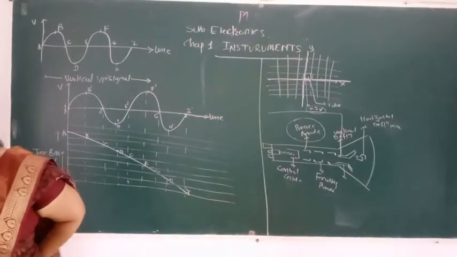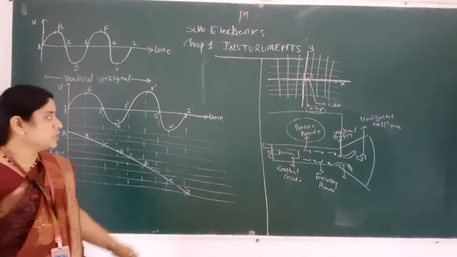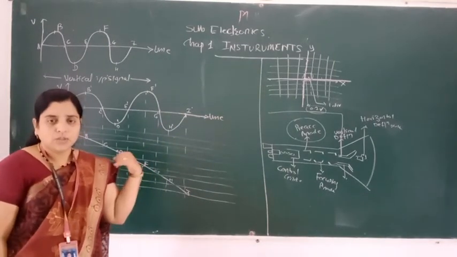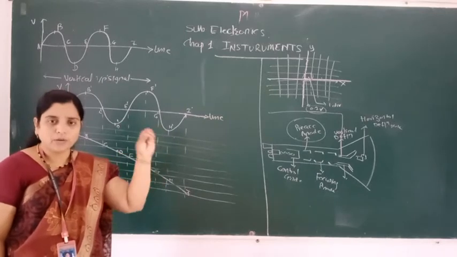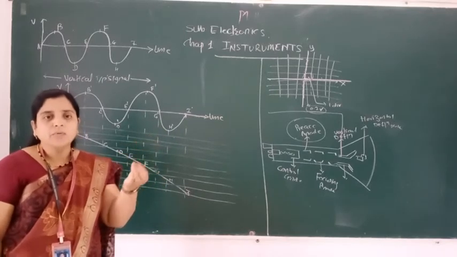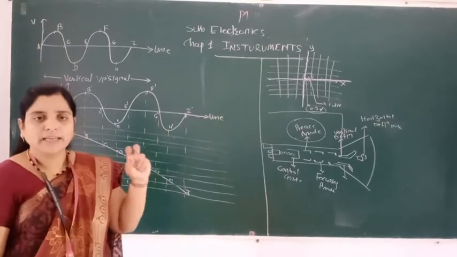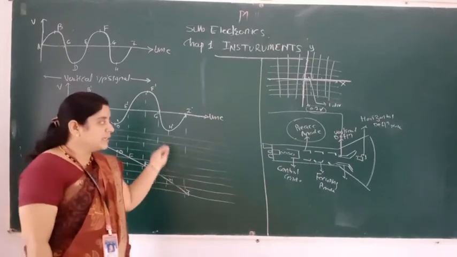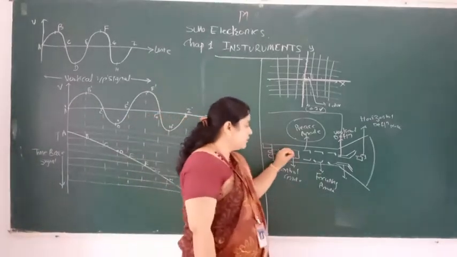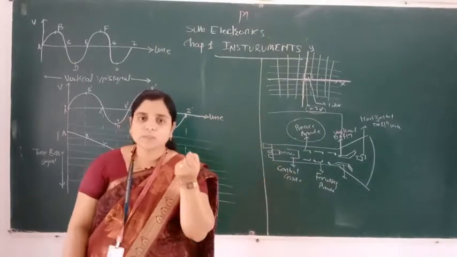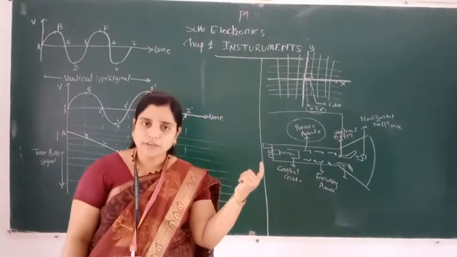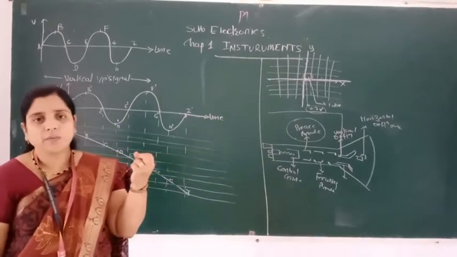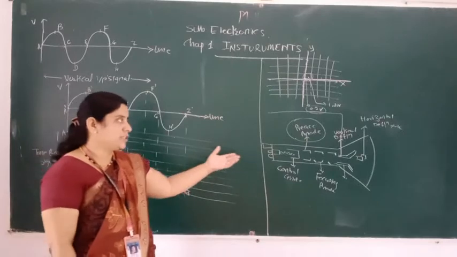Okay, so what is the resultant motion of the electron beam? If the electron is moving in the up and down direction, x and y direction, what happens? A second force is there, and because of that second force, it will move everywhere on the screen. So we can adjust those waveforms on the screen. The spot we are observing on the screen is nothing but the resultant, which forms the electron beam, what we have observed in the CRT.